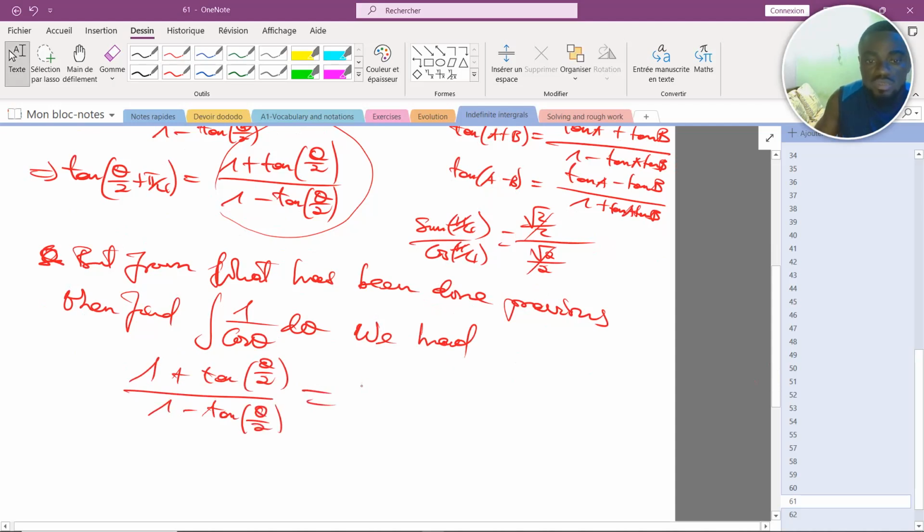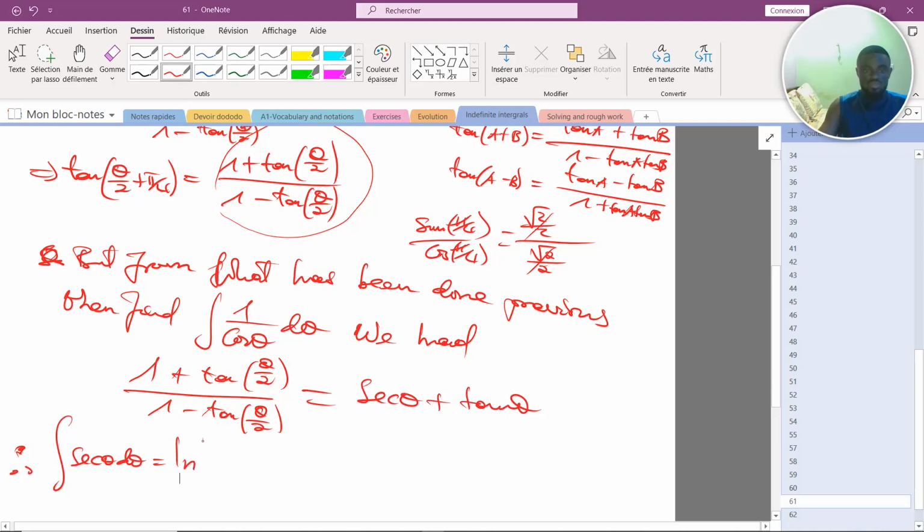We showed that it was equal to sec theta plus tan theta. So we can basically conclude, therefore, that the integral of sec theta d theta must be equal to, which was equal to, ln of (1 plus tan(θ/2)) all over (1 minus tan(θ/2)) plus a constant of integration,